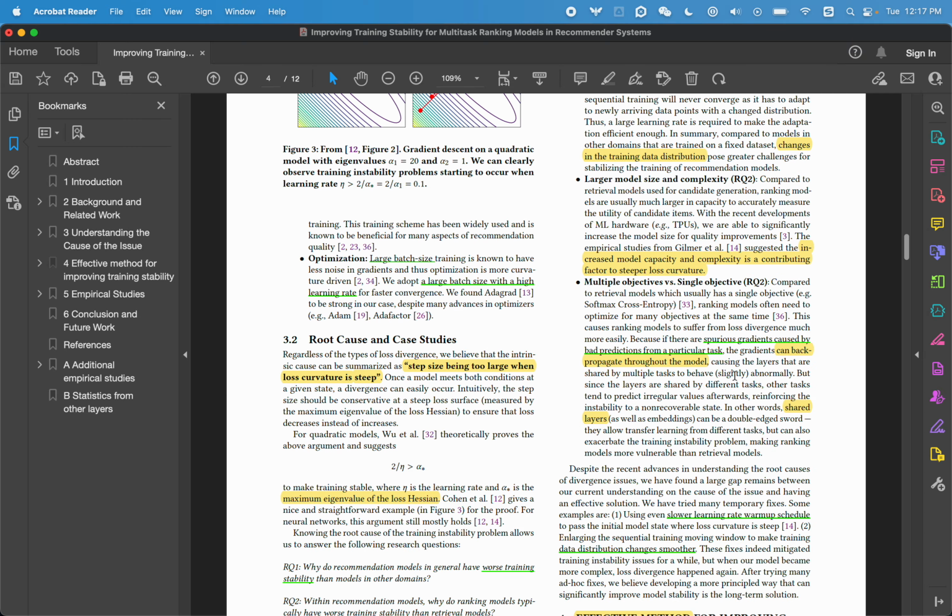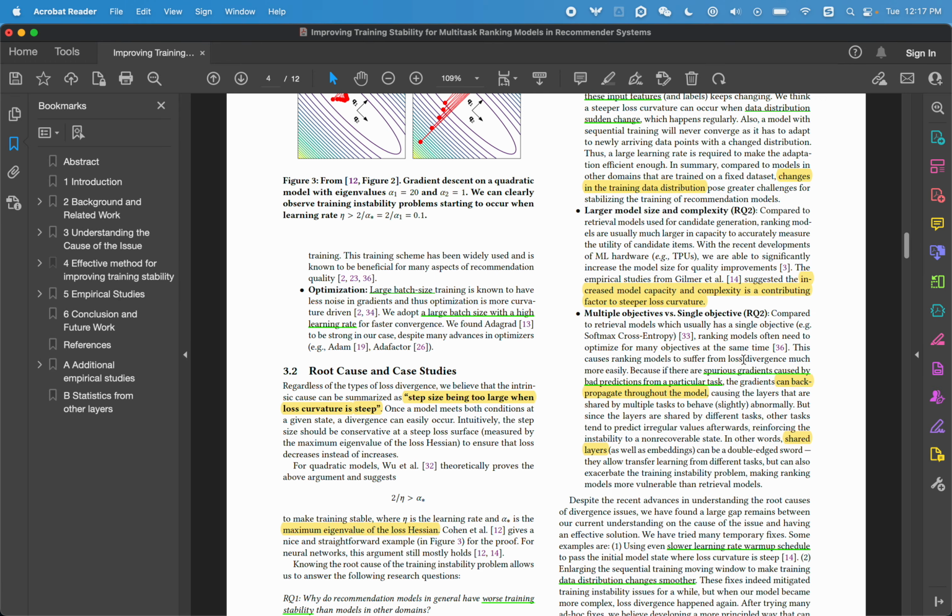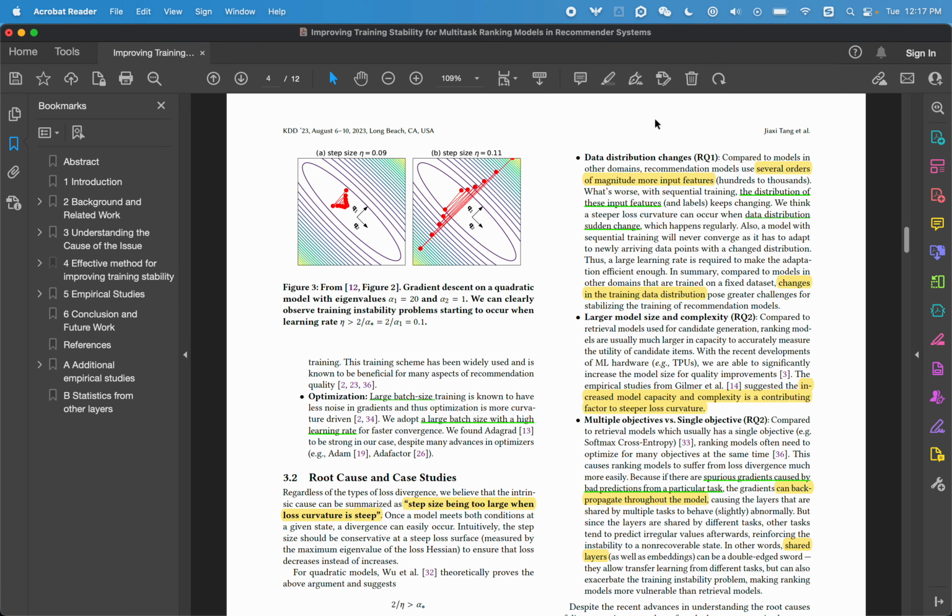And it talks about in what situations this can happen. Mostly for them, there are three situations. First, data distribution changes. Say you are digesting a lot of cat videos or mostly music videos, then suddenly one day you see videos about cars or history stories. This will be totally different. The entire understanding of the world might change so suddenly that the model doesn't come back anymore. A larger model size and complexity also contribute to the problem.